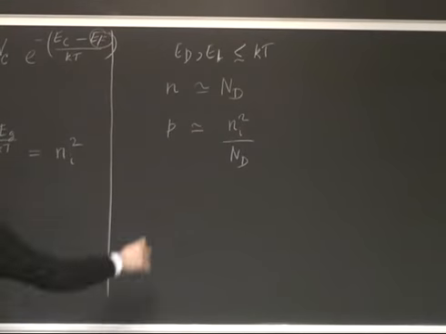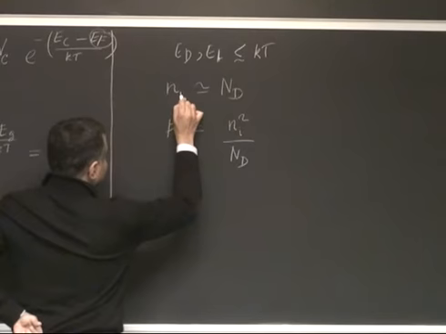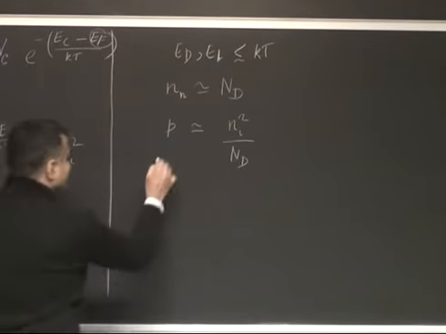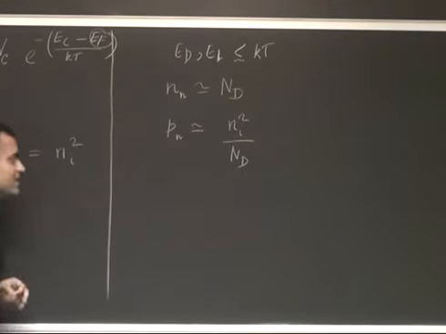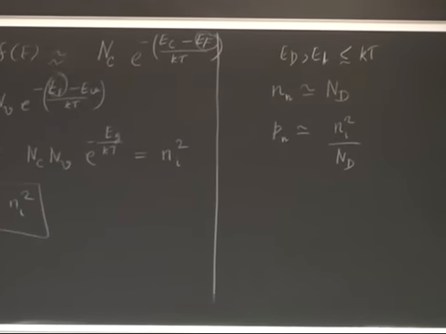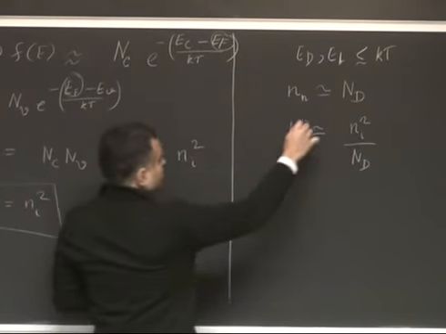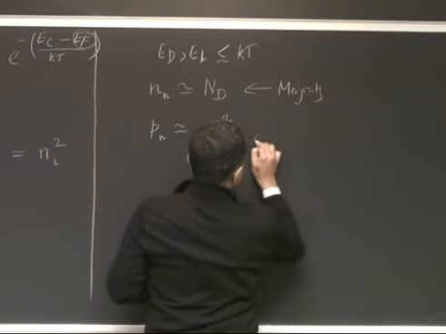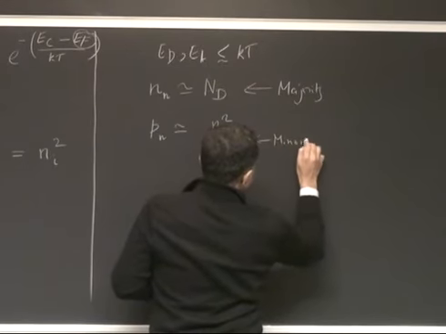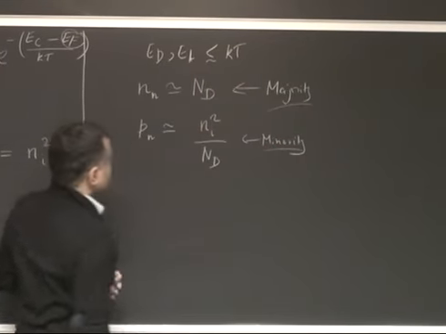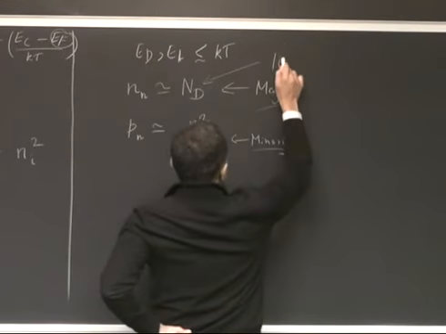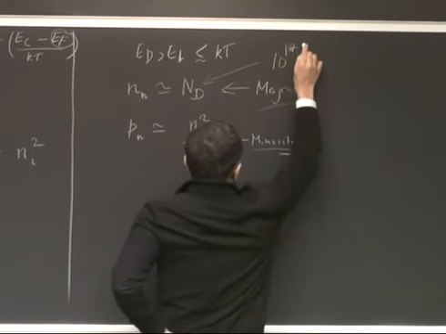So what we did here is the electron density in an n-type semiconductor. I'm going to label it as n_n, okay? And the hole density in an n-type semiconductor. In an n-type semiconductor, which is doped to be electron rich, there are also some holes. So this would be called the majority carrier, and this would be called the minority carrier. If the names don't sound reasonable, you realize that let's say the donor density is about 10^17 per cm^3,